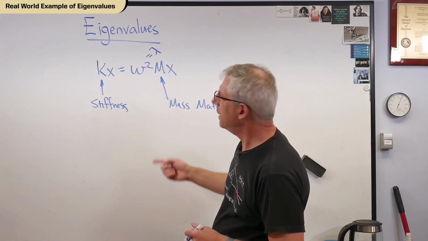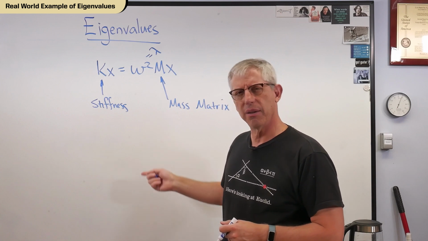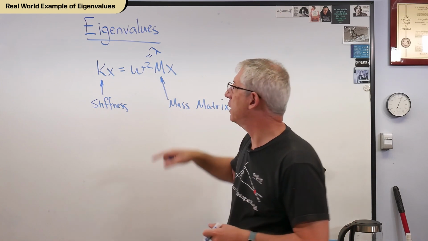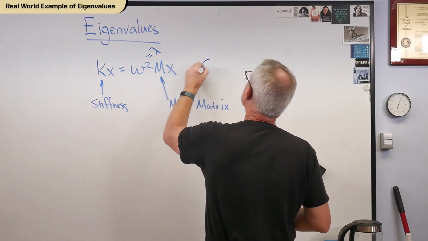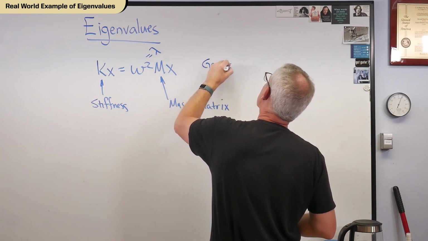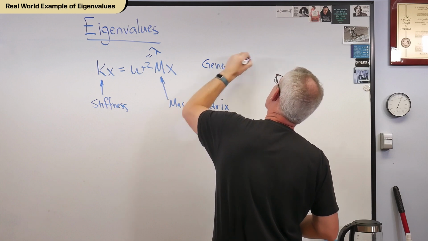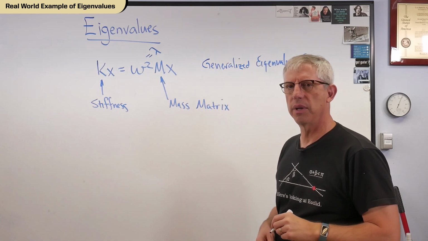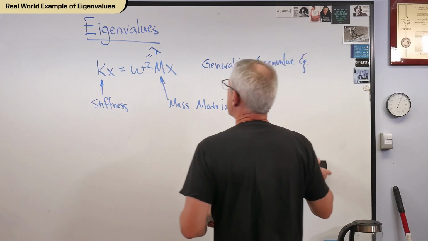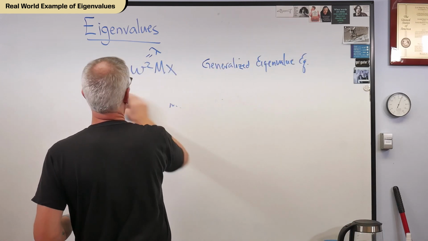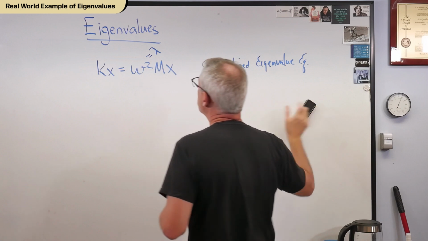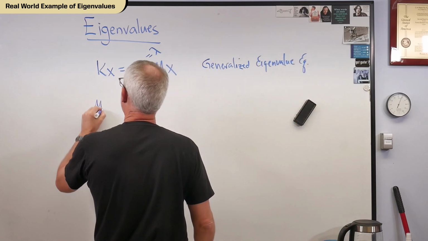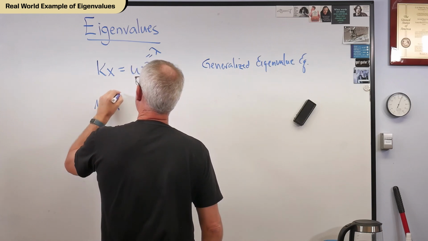So this doesn't exactly look like the eigenvalue equation I just showed you, did it? That form was called normalized form. This is called a generalized eigenvalue problem. Well, how do you turn one of them into the other? It's easy. All I've got to do is multiply through by the inverse of the mass matrix. So I say M inverse K